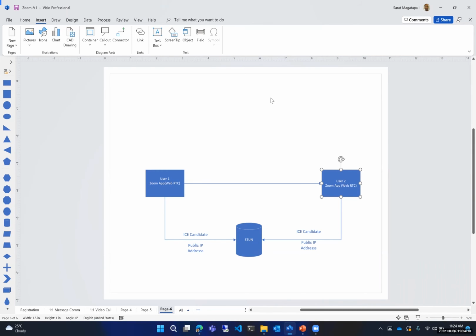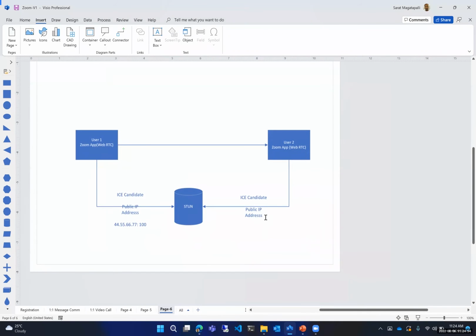I think there was one question: port numbers are also sent to the STUN server. Let's answer your question, Karthik. Let's say both user 1 and user 2 are Airtel users, both working from the same town. The public IP address of user 1 could be something like 44.55.66.77, port 100. The other user is also on Airtel, in the same city, connected to the same server, the same router, as user 1. So his public IP address could be something like this: